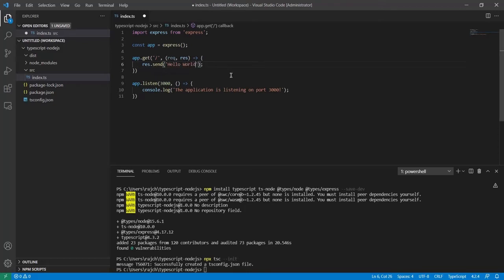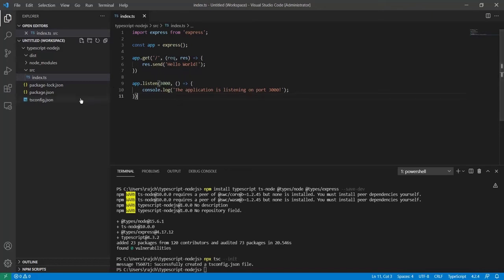This is the common thing to use when we create the first project. Now I am going to listen on port number 3000, and this is the log which will be printed when our code is executed successfully.